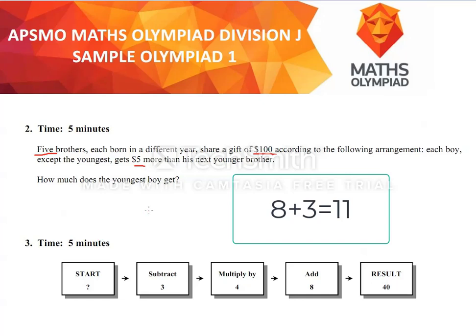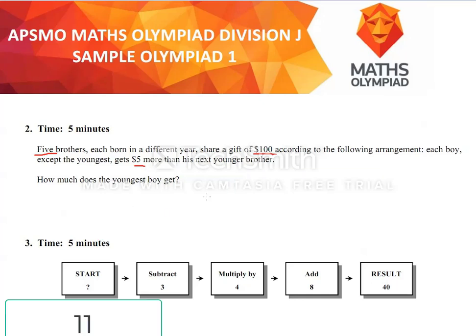Then you can work through and check if that's correct. 11 take away 3, 8. Multiply by 4, 8 times 4, 32. Add 8, 40. All right, so you can see, if you follow those types of strategies in these questions,